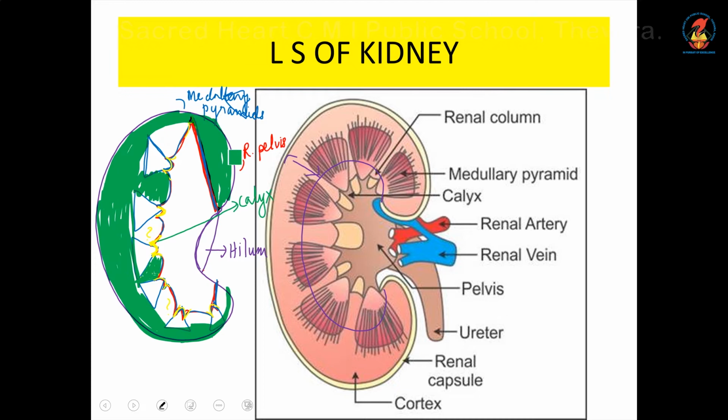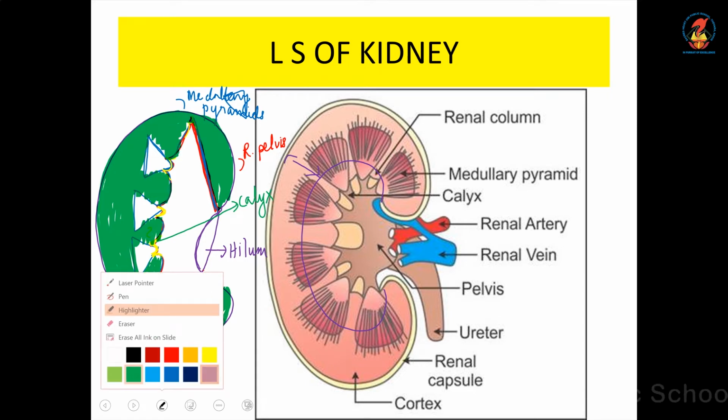So now what I have shaded is only the cortex, and it is not just a C-shaped structure on the periphery, it extends in between the medullary pyramid. See, between these two medullary pyramids I extended the shading, again between the next two, and again, and again, and here also I am extending. So this region, to define it, the region